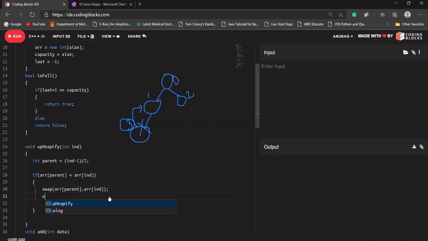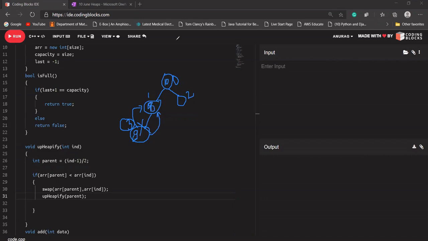So again I'm going to call this up-heapify function inside this function, and I'm going to pass parent. Let me draw it first. Let's say 10 is here, there was an 8, and I'm trying to add 9 here. So 9 will first be swapped with the 8, because 9 is greater than 8. So 8 comes here and 9 comes here.